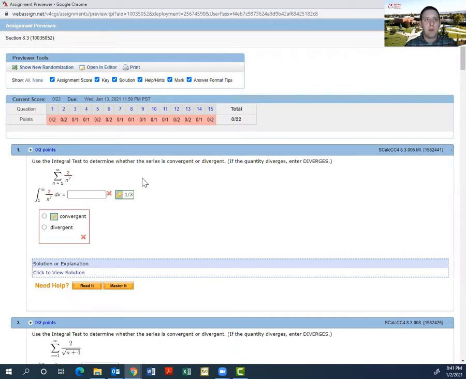When you are given a problem, you get 3 attempts at the question, right? So I could put in an answer here and another answer and another answer, and I could submit it 3 times. On the 3rd submission, it's going to make this down here available to you, this more detailed solution.